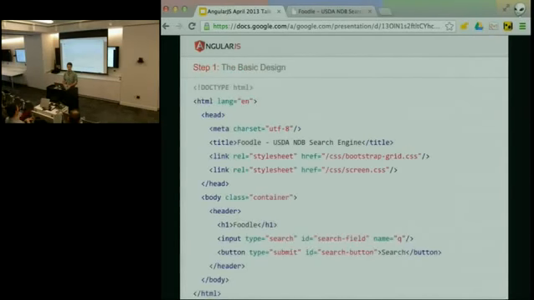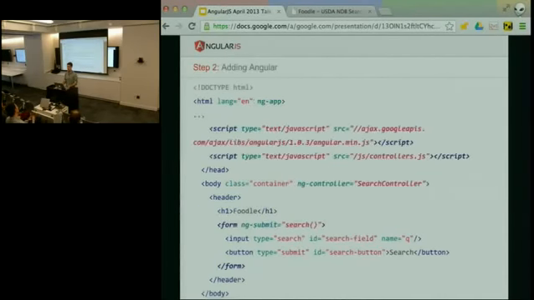And this is where we're going to start. Just a basic index.html with HTML5 boilerplate. I've pulled in Twitter's Bootstrap grid. And then there's some basic CSS that I wrote to get the home page with a search field and a search button. So to turn this simple index.html file into an Angular app, we begin by adding a directive called